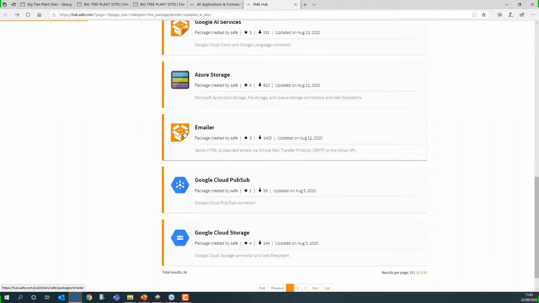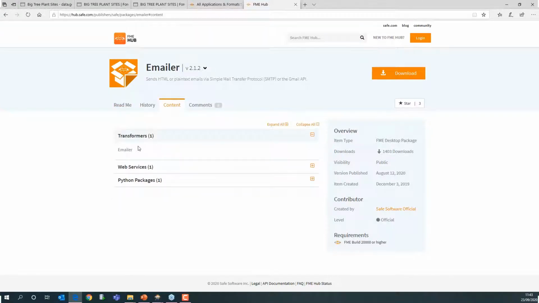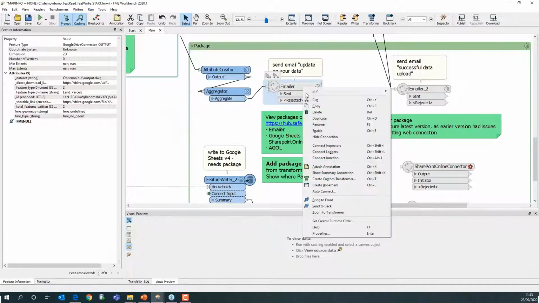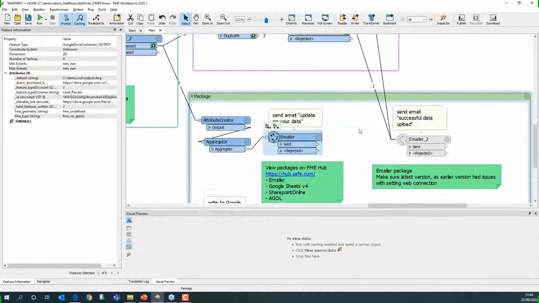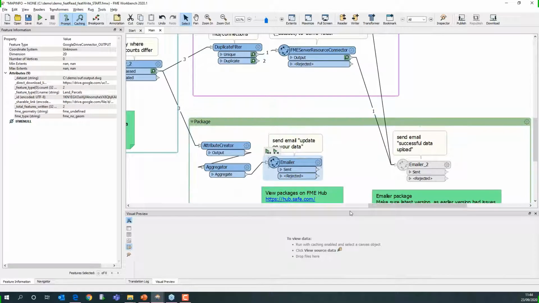So just one that I'm going to demonstrate is the emailer transformer. So again, this is enabling changes to the emailer transformer that deal with web services and so on, that allow you to use, say, the new and improved version of the transformer. So if I try and link this back to my demo,